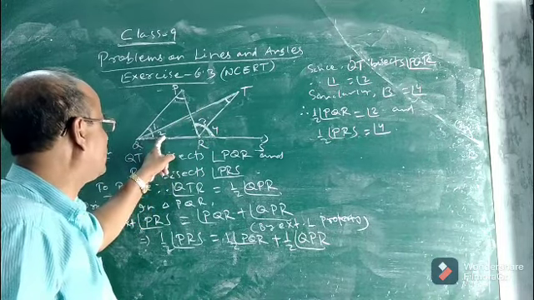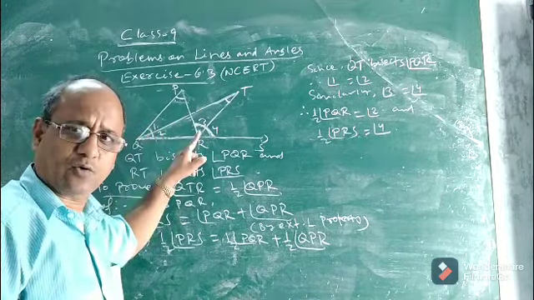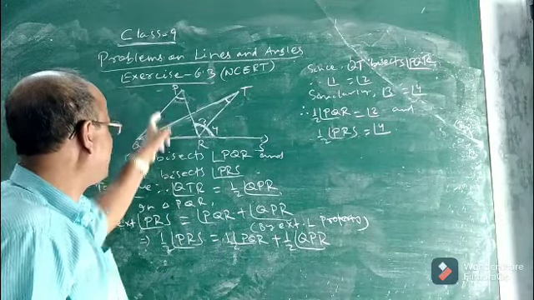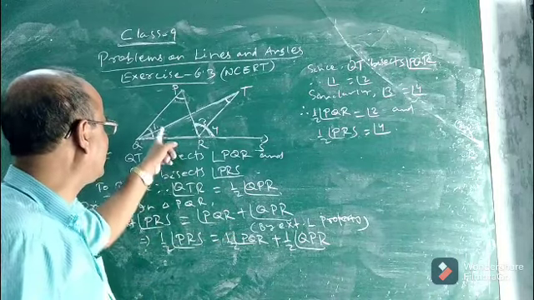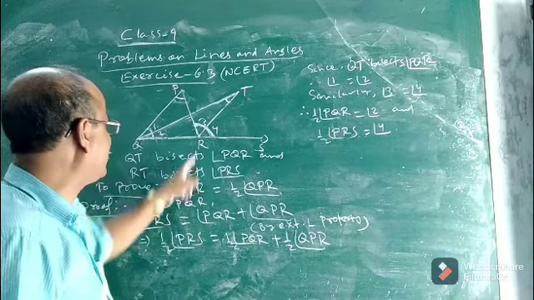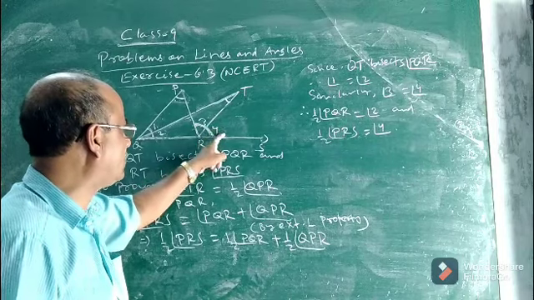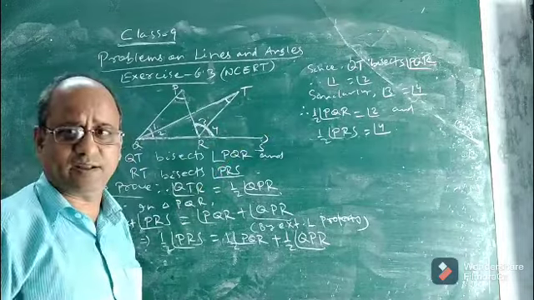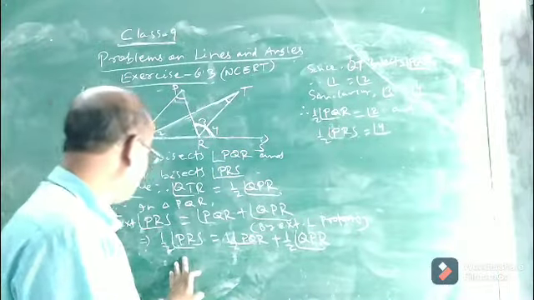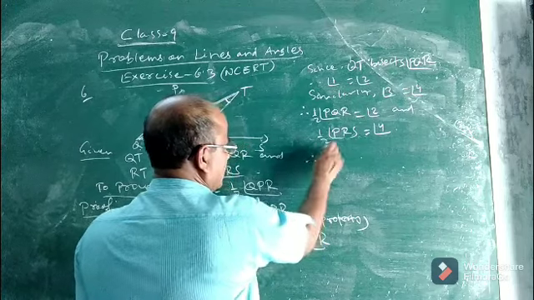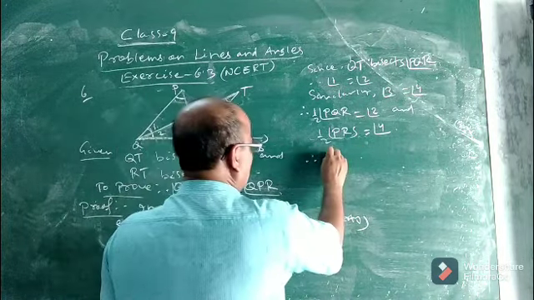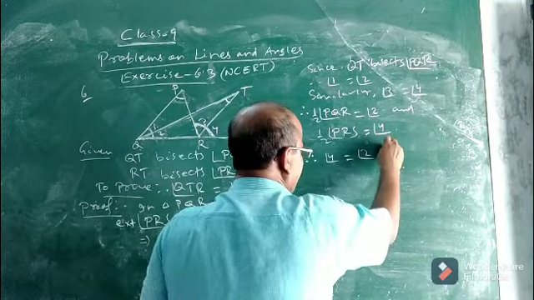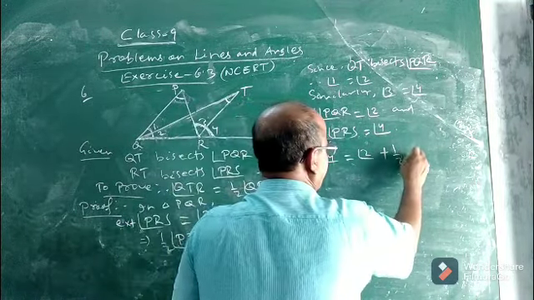Half of PQR equal to 2. Half of PQR is also equal to 1, but you have to take 2 here for the sake of convenience. So in place of half PQR, you take angle 2. In place of half PRS, you take angle 4, because 3 and 4 are equal and RT bisects angle PRS, it is given in the question. Now you put these values here. So in place of half PRS, we can write 4. Then half PQR, we can write angle 2.